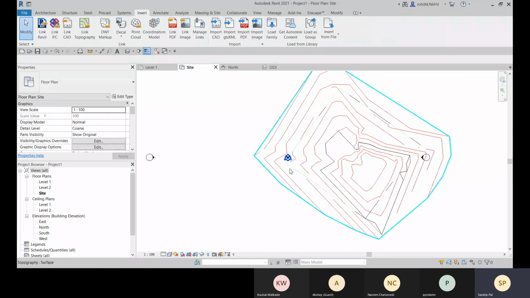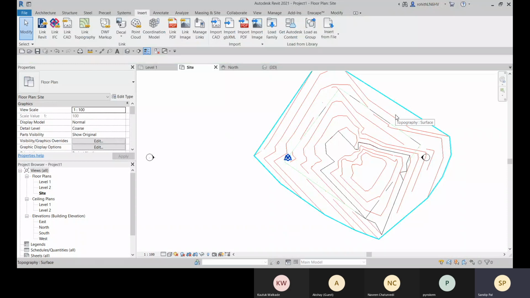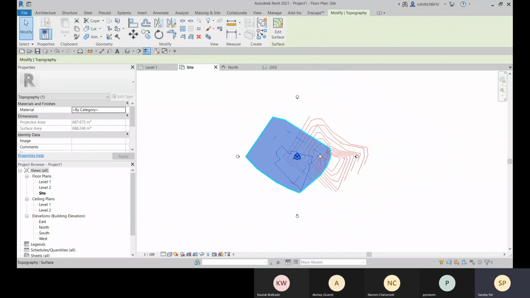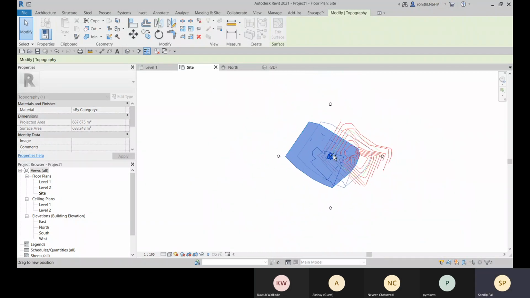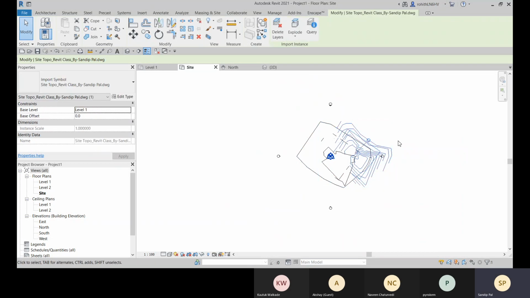Click on finish. And now you need to hide that topo of that CAD file which you have inserted. Now let me place this topo at the center. Here it is placed. Okay, like this. Place it here. All right. And this one, I can delete it or I can hide this. All right. So now let me show you that this import CAD option can be exploded.